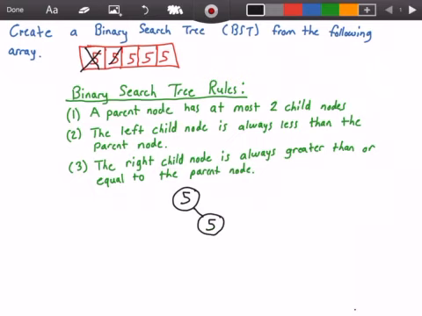All right, then we're going to look at the next value, which is also 5. And we're going to first look at the root node, and we see that 5 is equal to 5, so we go to the right. We look at the second node, we see that 5 is equal to 5 again, and so we're going to go to the right again. And this will basically continue on all the way down until we have inserted all of these values into our